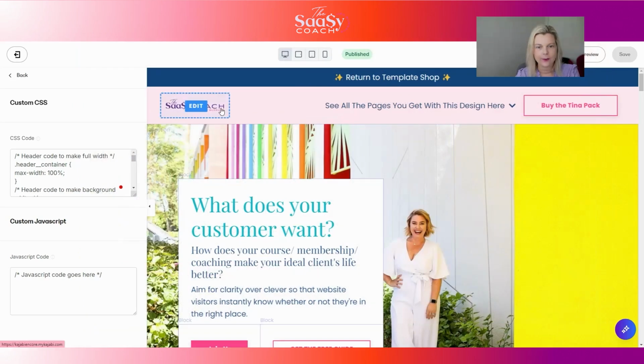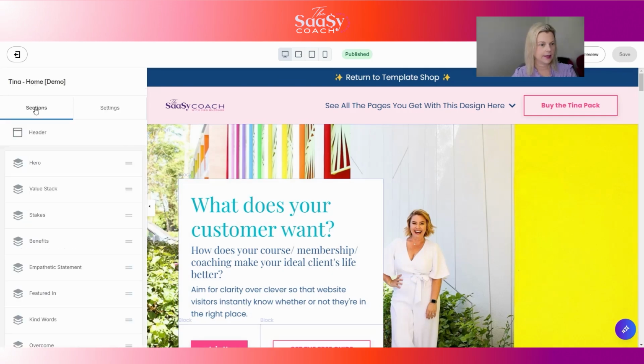Okay, now the other thing that I wanted to give you with the workbook is just a little bit of code to make your announcement bar scrolling, just to really capture attention. So if people land on your homepage and you've got a webinar coming up, or something that you would really like people to take note of, often if it's just static text like this, they might miss it. So what I've given you guys is a little bit of code to create what we call a marquee. And so if we go back into that header section